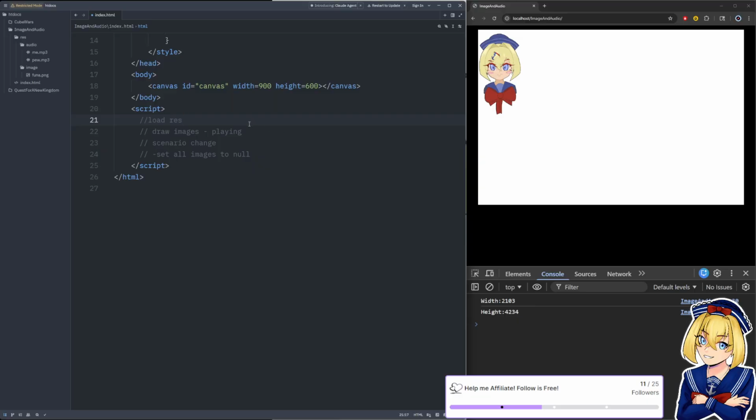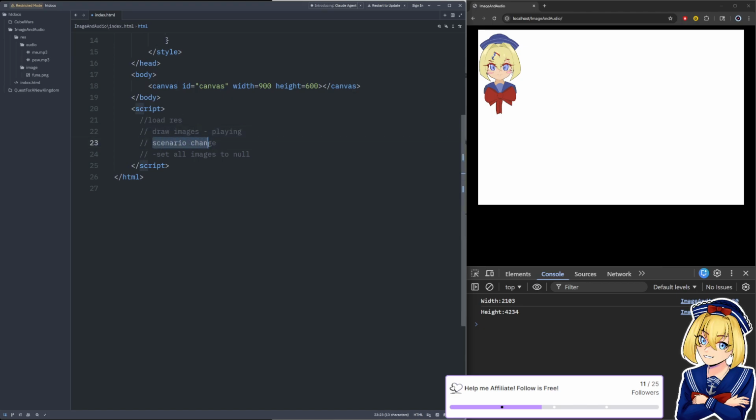And then once we have loaded the images, we've cleared all the intervals waiting for the images or whatever, then we know all of the images we need are fully loaded into RAM and we can draw them. Then we're going to continue drawing the images and you can resume playing the game.